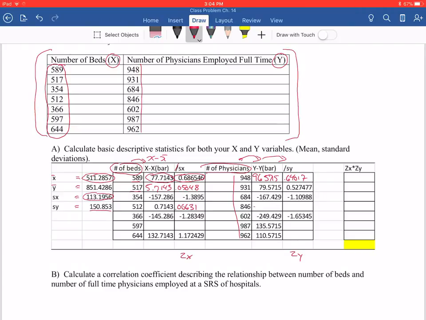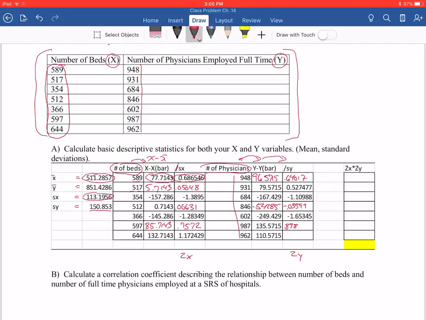This is 0.00631. This one we're taking 846, minusing our y bar. You get negative 5.4285. Divide by standard deviation, negative 0.03599. Continuing on, 85.7143. So as you can see, these steps aren't anything